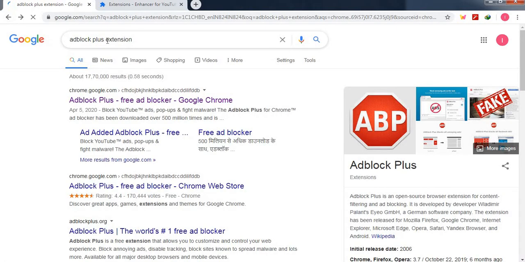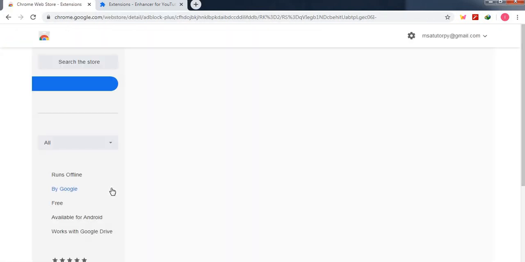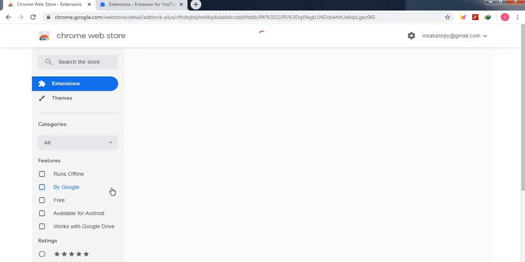I'll show you how to install an ad blocker, or any extension, in your browser. Suppose Adblock Plus is not in my system, so I have opened it. I don't know why my internet is very slow today.